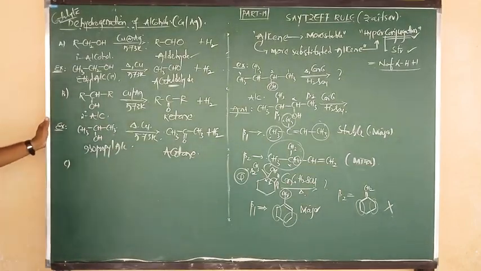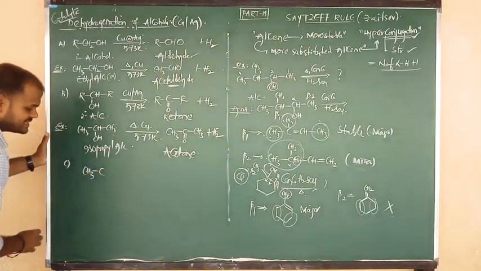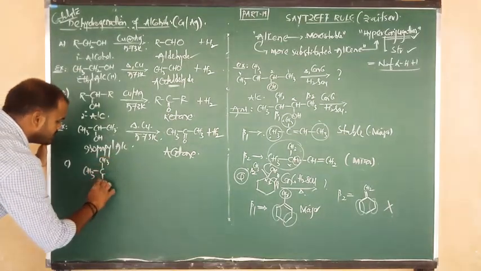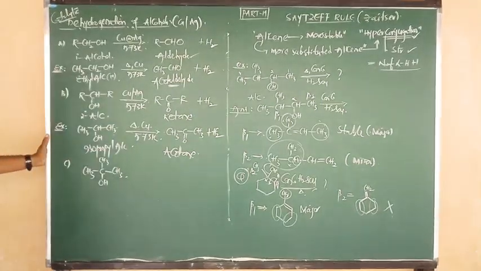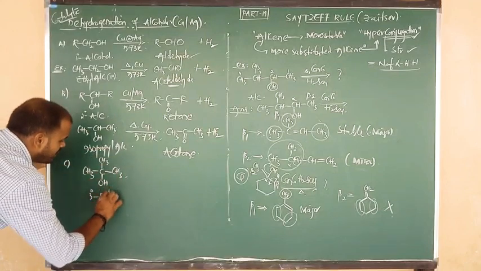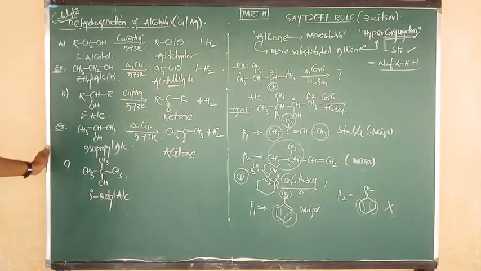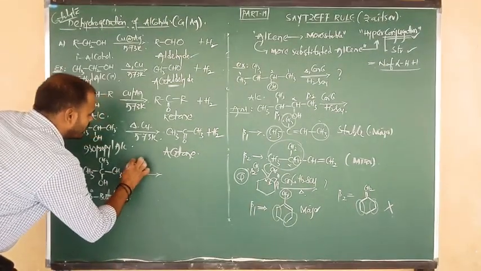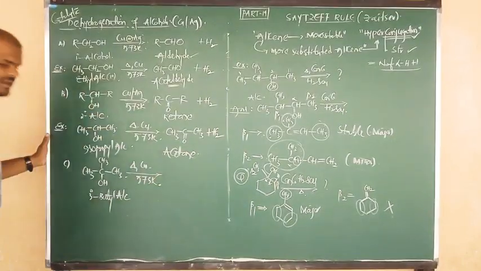Go for the last case, tertiary alcohols. Good. So for the tertiary alcohol, directly I am going to show the structure. CH3 bond C. Suppose above the plane it is connected to CH3, and below the plane one OH group is there, and on the right side it is connected to another CH3. OH is connected to carbon, and the carbon is connected to 3 surrounding carbons. So this is tertiary, and a total of 4 carbons are there, butyl alcohol. So the compound name is tertiary butyl alcohol. Now the tertiary butyl alcohol, again same thing, is passed over hot Cu or Ag and the temperature is 573 Kelvin.